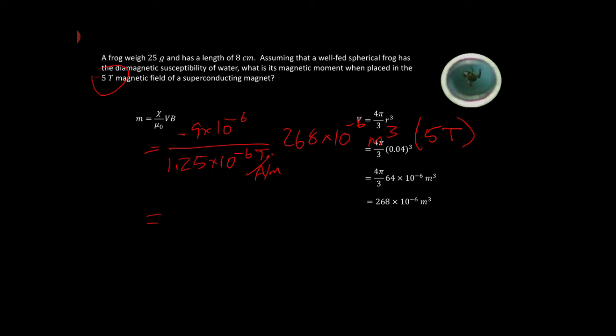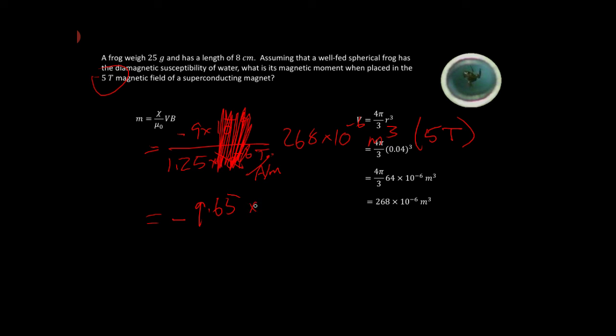Okay, then we have lots and lots of multiplying to do. We've got lots of these 10 to the minus 6s, so we can cancel out a couple of them, right? And then we have 9 times 5, which is 45, divided by 1.25, which is 5 over 4. Actually, I could do that in my head if I wanted to. I'm just going to use the calculator again. We're going to come up with minus 9.65